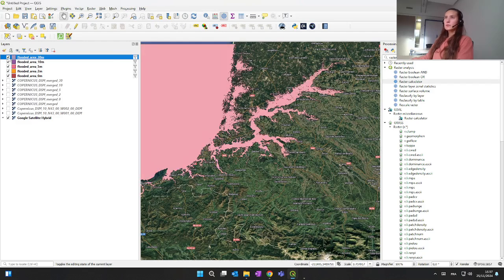So, as I said, for our eyes, it doesn't look much different. For us, it looks like one big polygon, but if you really zoom in, we see that it actually consists of many, many small polygons. And what we want to do is merge these different entities into a single one. And for this, we're going to use a dissolve function, but